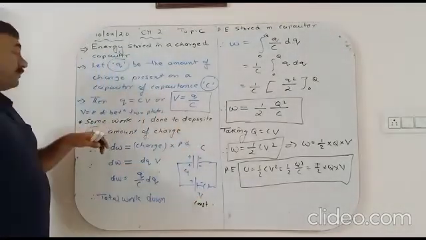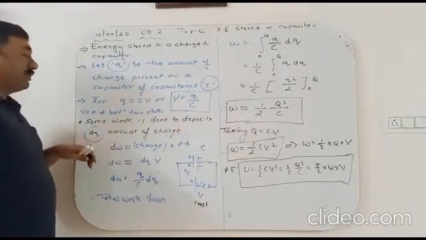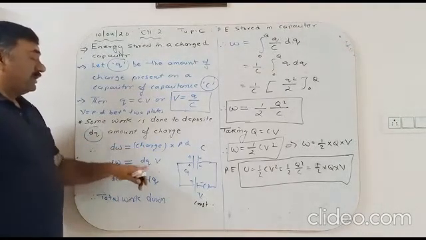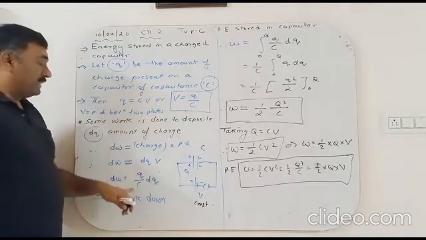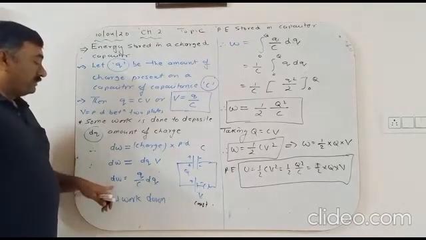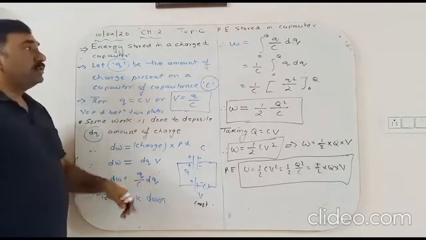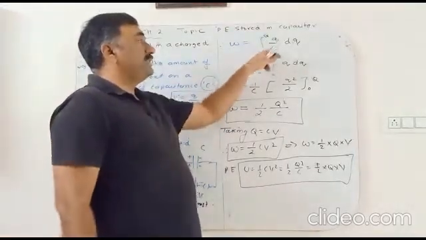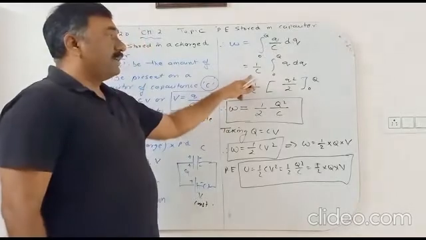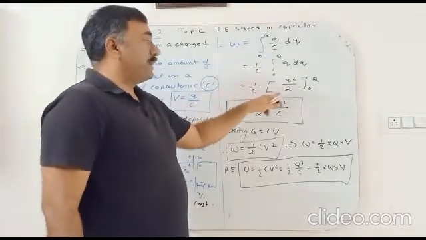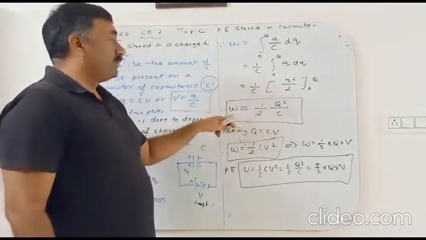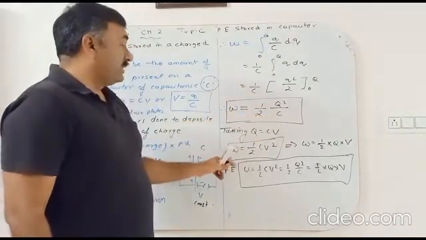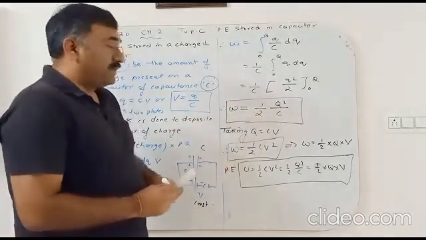Okay, so some work is to be done to deposit dq amount of charge. That work done, dw is equal to charge multiplied by potential, dq into V. V की जगह पे Q by C डाल दो, तो small work done Q by C dq. तो टोटल वर्क डन के लिए यू हैव टू गो फॉर एन इंटीग्रेशन 0 टू Q, Q by C dq. C बाहर आ गया बेटा, इंटीग्रेशन ऑफ Q dq, Q स्क्वायर बाय 2, लिमिट सब्स्टिट्यूट करो तो वर्क डन इज इक्वल टू हाफ Q स्क्वायर बाय C, Q इज इक्वल टू CV, तो W इज इक्वल टू हाफ CV स्क्वायर,